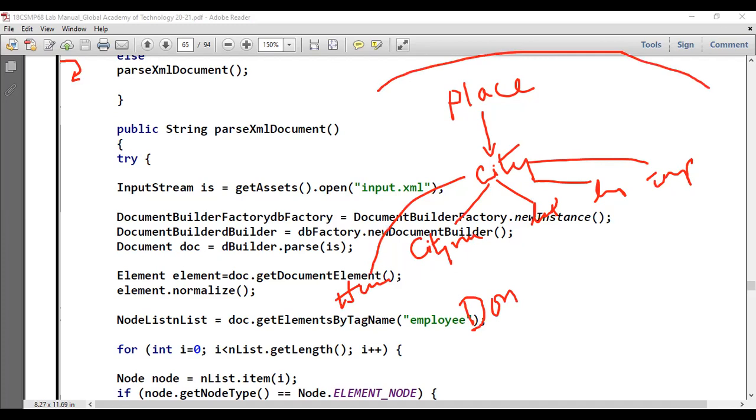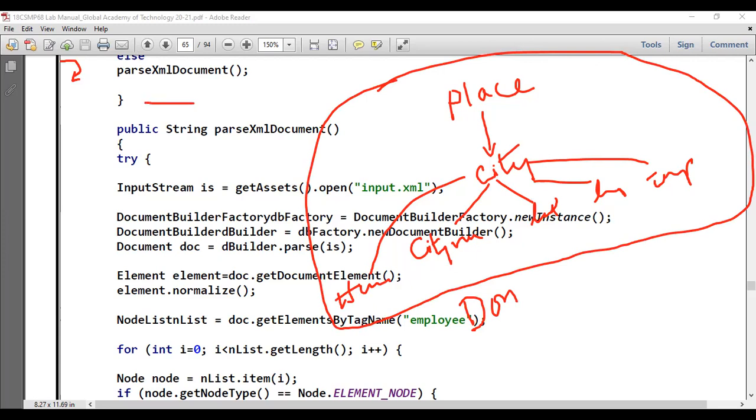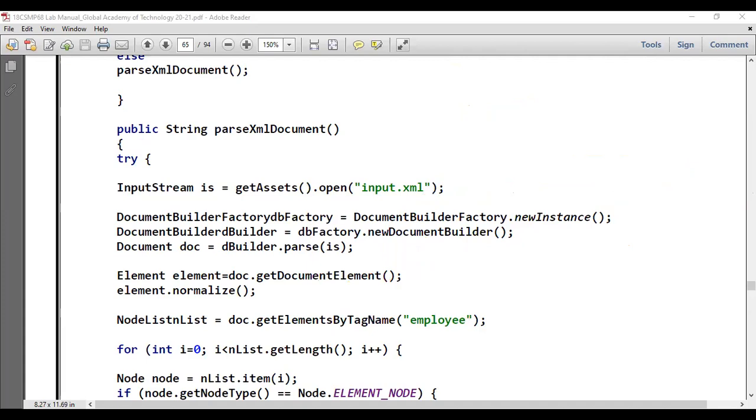So I need to represent this entire XML document in the form of DOM. DOM stands for document object model. Once you convert into this structure, only then can you parse this XML document. In other words, you can extract the values present in your XML document. Now, how to convert this XML document into a DOM structure? In order to do that, what you should do is you need to create